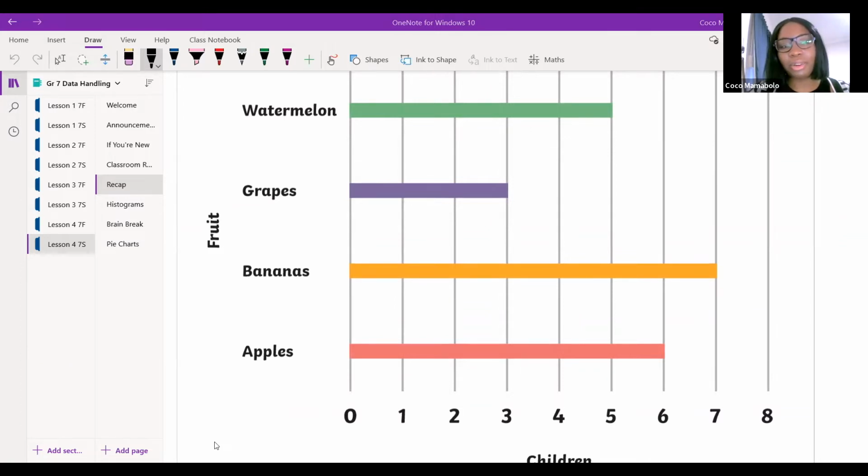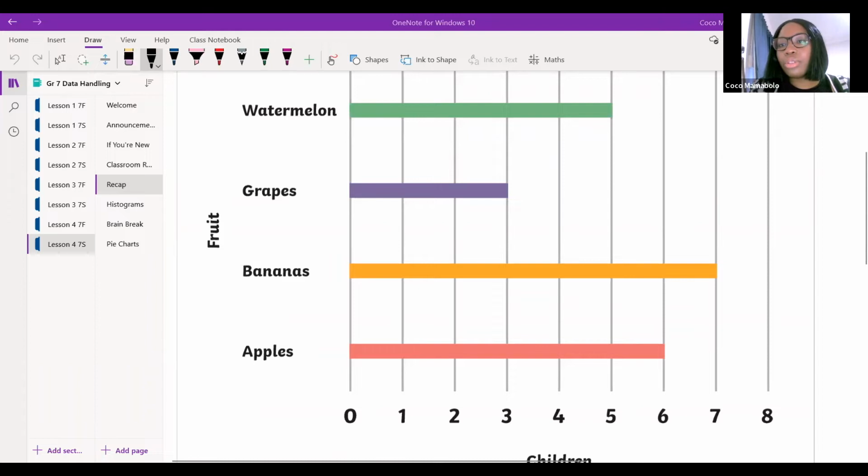Does anybody else agree with them? I want us to all be in agreement. Thank you, Bonolo. That's it, Boucher. It's a bar graph. It's just that this one is sitting differently. It's sitting this way. It's just called a horizontal bar graph.